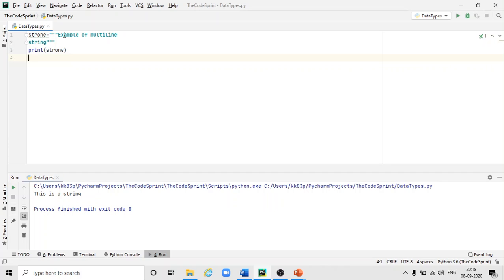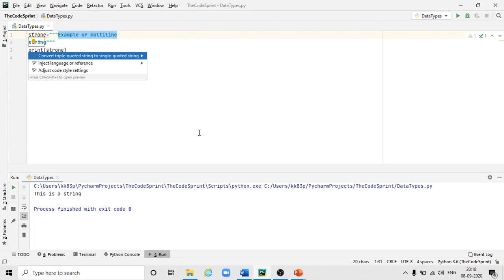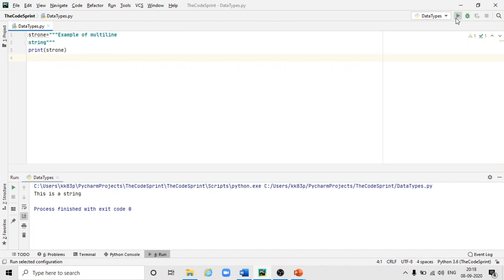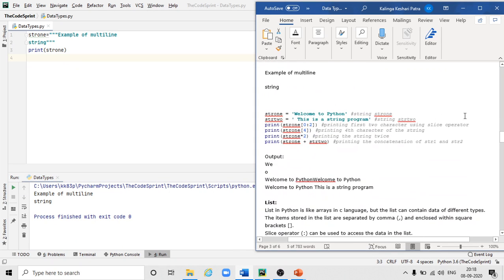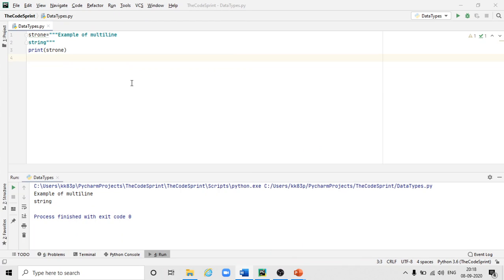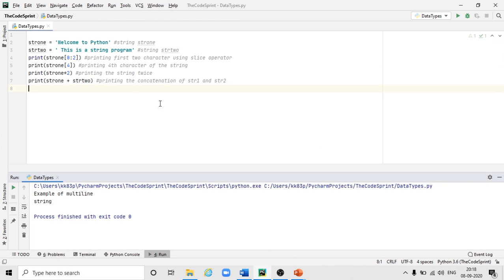This is the first line and this is the second line, so it is printing accordingly. Here is the second string. Similarly, if I execute or do some operation on this, then we'll see how it works.